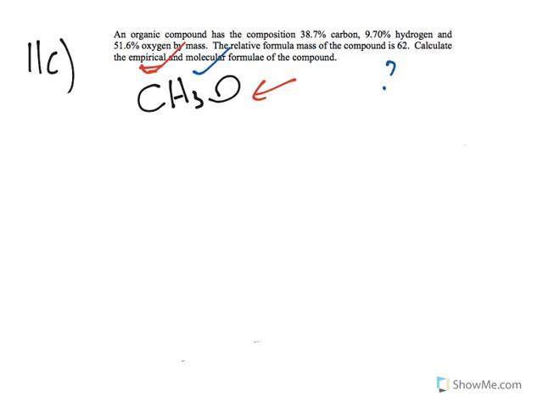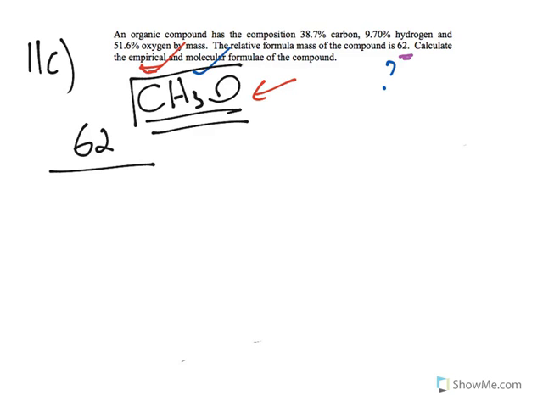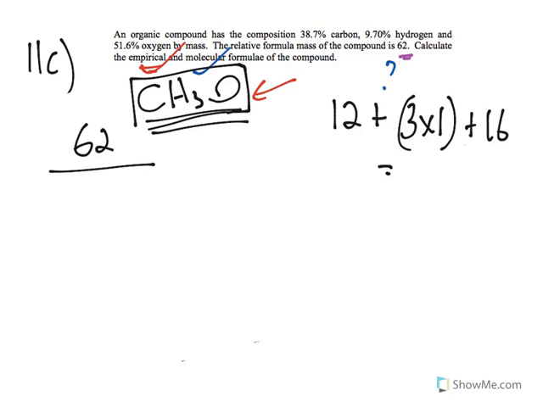Okay, so we have the empirical formula, and we have the relative formula mass of the compound as 62. So now there's this simple thing you can do to find the molecular formula. And remember, the empirical formula is the simplest ratio, while the molecular formula is the actual ratio. So what we do is we take the relative formula mass, which is 62 in this case, and we divide it by the empirical formula mass. Now the empirical formula mass is just the molar mass of the empirical formula. So in this case it's just 12 plus 3 times 1 plus 16,